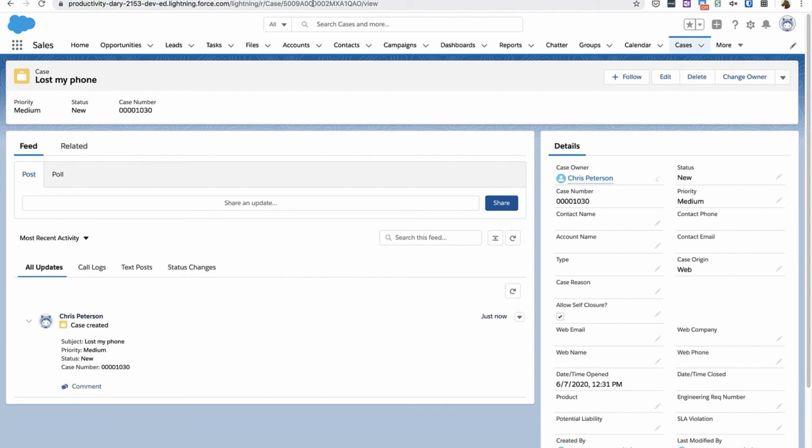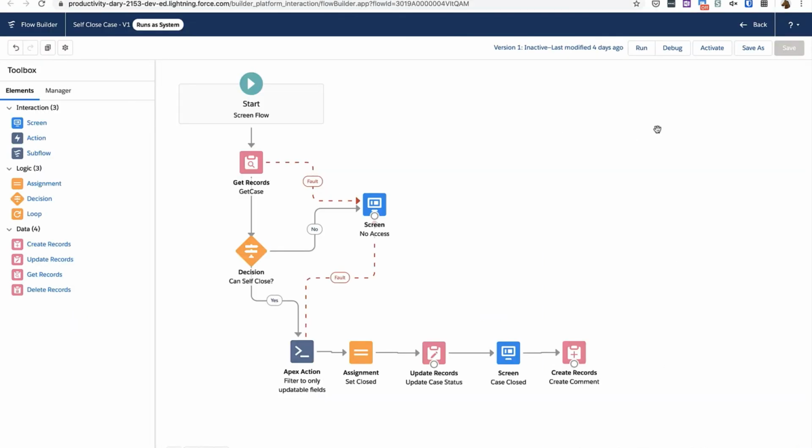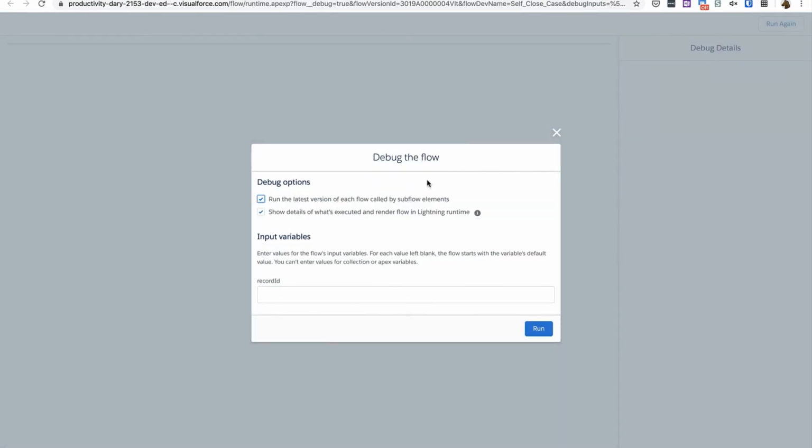Here I've created a case where I've lost my phone. I'm going to copy the record ID, go back over to the flow builder, and debug it. So here we are in the flow debugger. Manually specify my record ID, which I wouldn't have to do normally, but in the debugger I do. And in just a second, we'll see